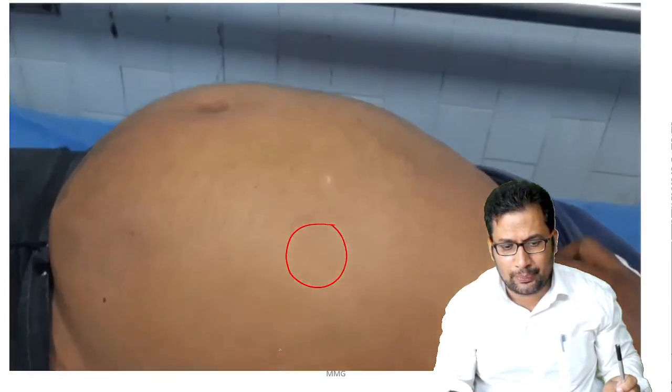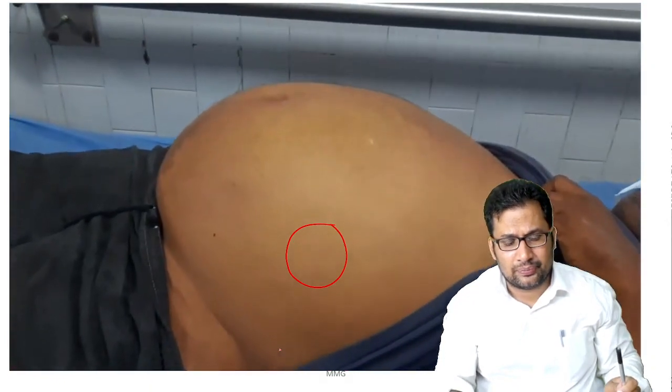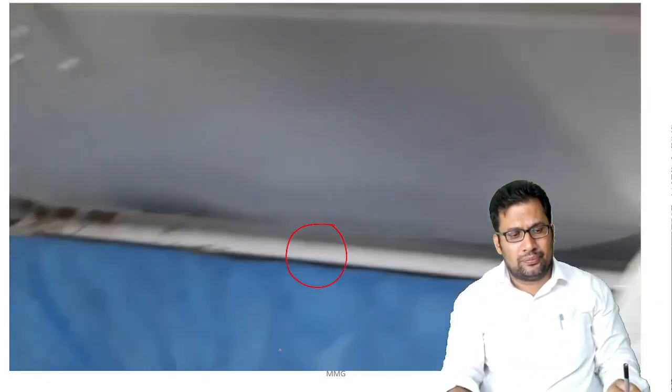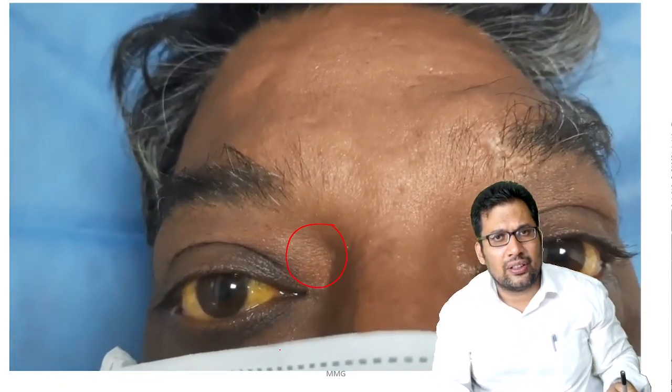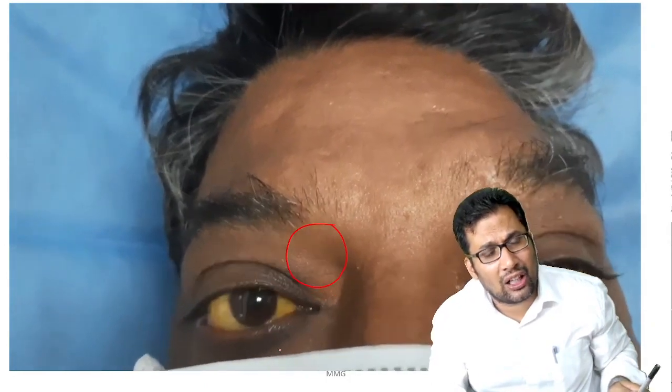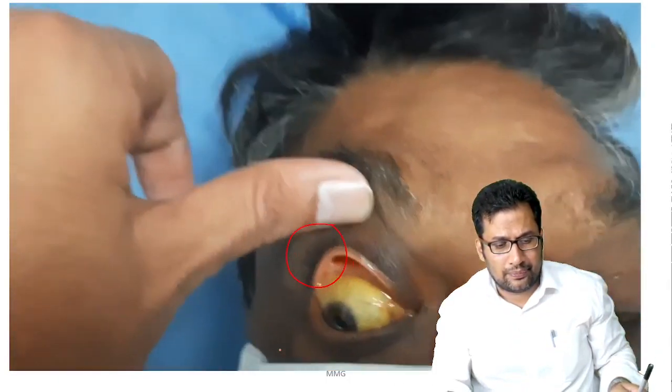Look at the eyes of the patient. Patient is having jaundice. Can you make it out? So this is jaundice due to fatty liver or due to cirrhosis of the liver. Next